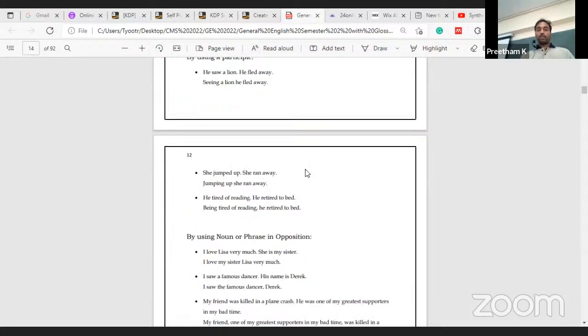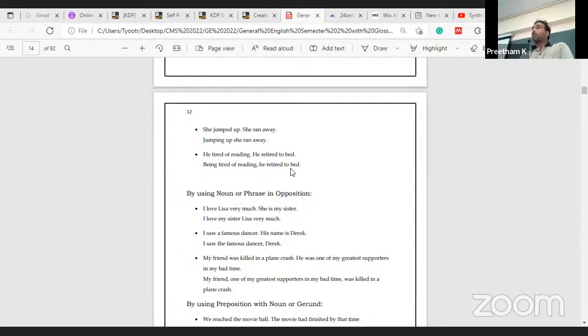Next, she jumped up, she ran away. Jumping up, she ran away. So while you are synthesizing the sentence, verbs are very much important. How you use words matters the most. He tired of reading, he retired to bed. Many times the verbs will be implicit, especially the helping verbs will be implicit. Actually, the sentence should have been, he is tired of reading, he retired to bed. Since is,